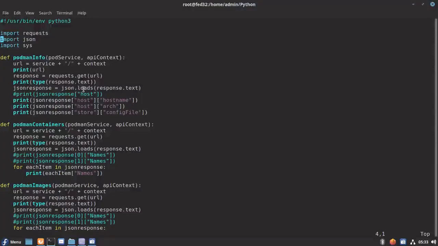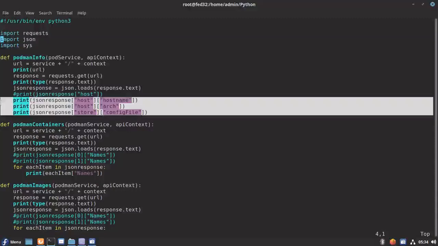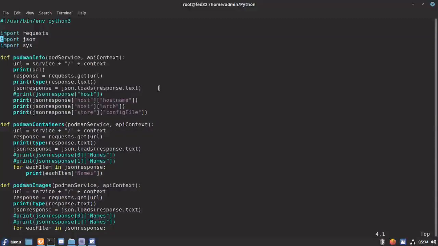Basically I'm doing a JSON.load to convert the response object into the JSON format. Here is the thing that is important. Once we have converted the response to the JSON format, we can fetch the data from a JSON response object in the following format.